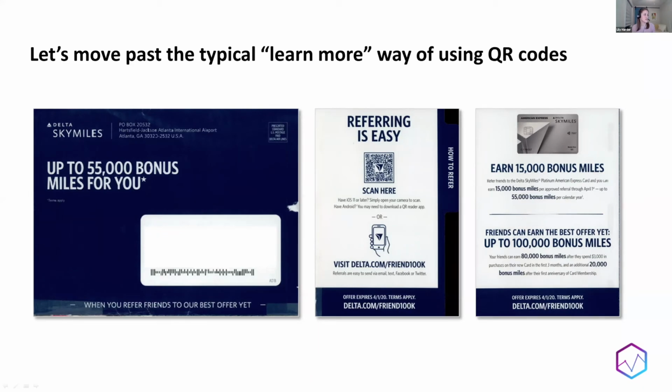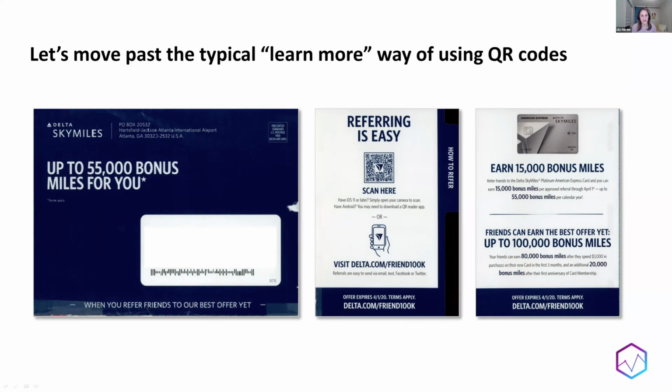But this one I thought was interesting because this is an offer from Delta for their SkyMiles, really trying to encourage friend referrals. So again, another tactic that we've seen and can sometimes be very successful. This was a way to refer friends using the QR code, which sometimes can be tricky. Sometimes you don't want to bombard your friends with email or give away your friends' information. So this just made the process a little bit easier, and there's a reward and incentive in it for both the person referring and the person being referred. So that's a way to add a little bit of value.